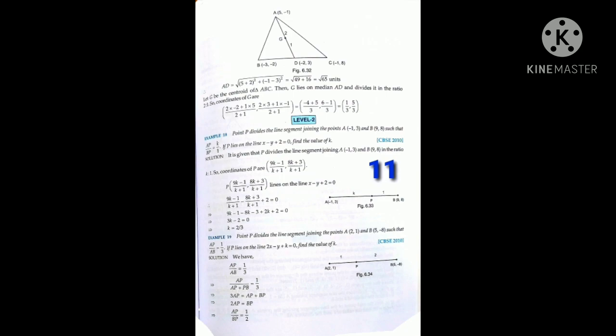Now, as per the definition of the median, I told you, it starts from a vertex to the midpoint of the opposite side. That means the side from where it starts, that is the vertex, that part of the median will be greater, that is 2 is to 1. This ratio we have to understand, right? So be cautious and be careful, and you calculate it, you will easily get the answer whatever they are asking for, right? Let us see the next question.